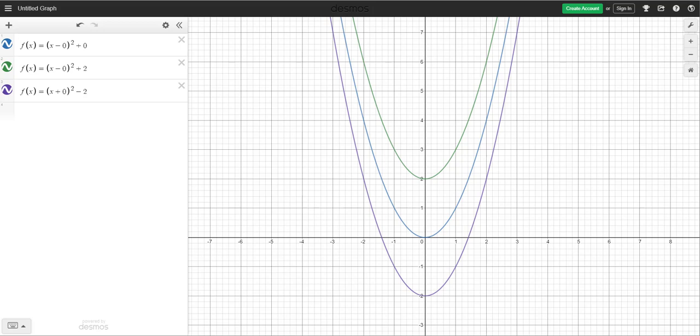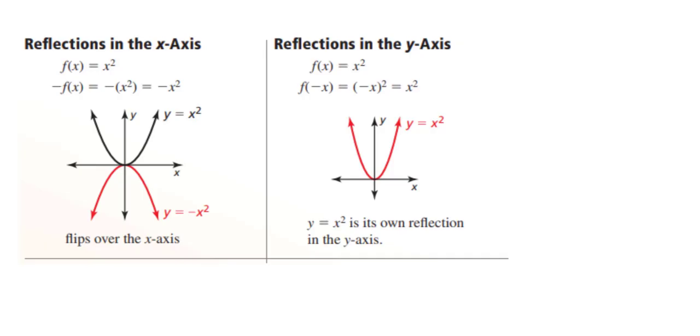All right, let's move on to the next graphic. Okay, so on this one we have what we call the reflections, and one is going to be with the x-axis, one is going to be with the y-axis. This one here with the y-axis, let me jump to this one first. This one you don't really notice much of a change because you're kind of just flipping it around that y-axis,